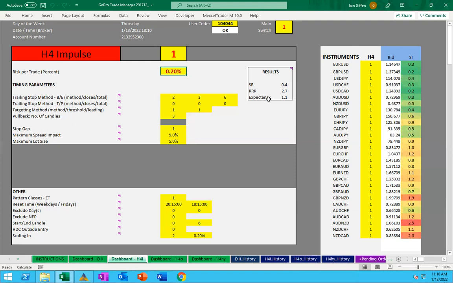That has made quite a big difference to the results of our test accounts over the last while. It's an option for you guys. You've got the Trade Manager. It is only available at the moment in the Daily Impulse and the H4 Impulse because of the underlying premise of those strategies. Obviously, you'd understand that something like an overlay wouldn't necessarily be the right thing to do. But should you want us to give you that option for the overlay, we can do that too.